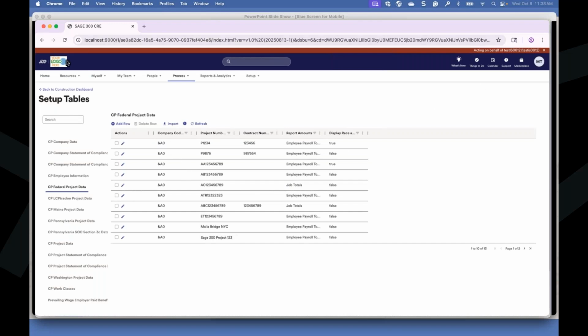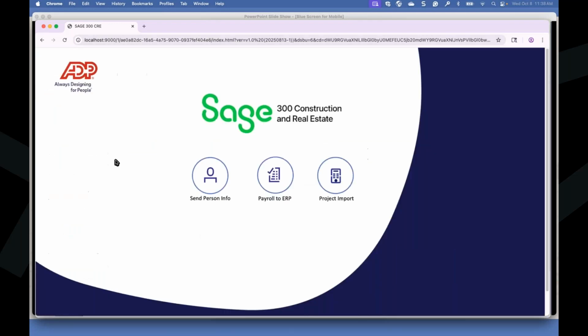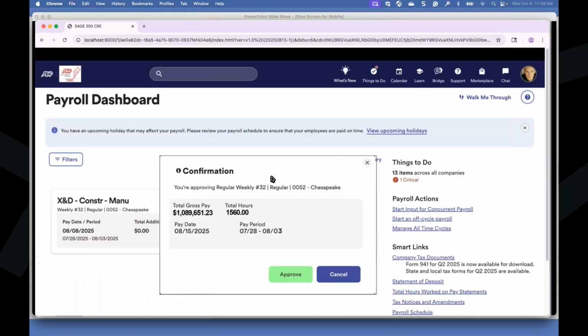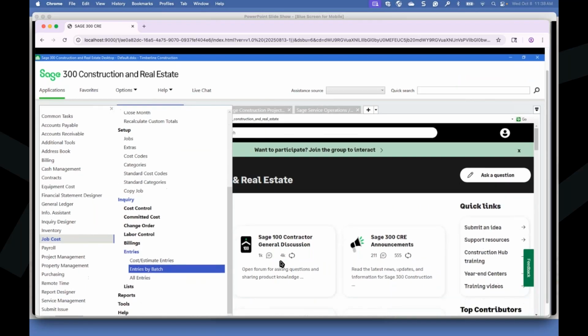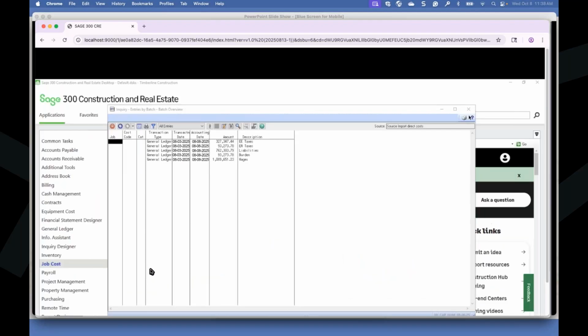Now, as I mentioned, let's go back into that last part, and that's payroll to ERP. Again, very simple for you. All you are going to have to do is approve that, yes, that payroll is ready to go. And as soon as you finish approving and committing that payroll, the general ledger will actually sync over on its own. There's nothing additional for you to do. It's an automatic send of data.